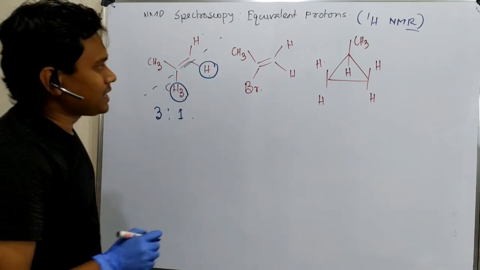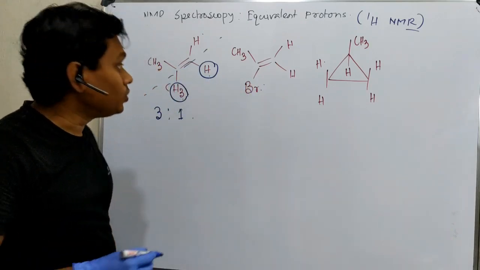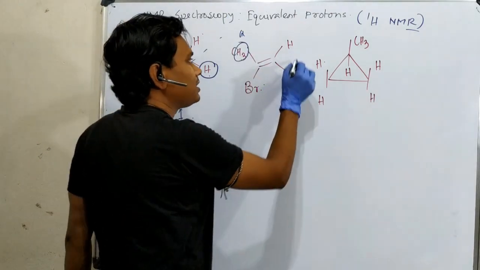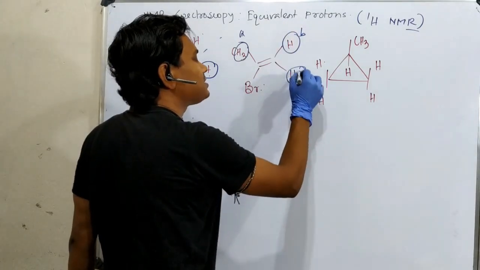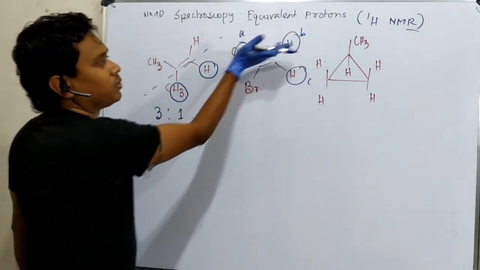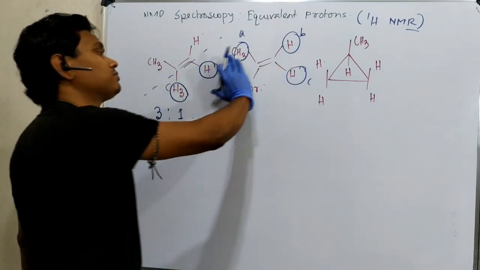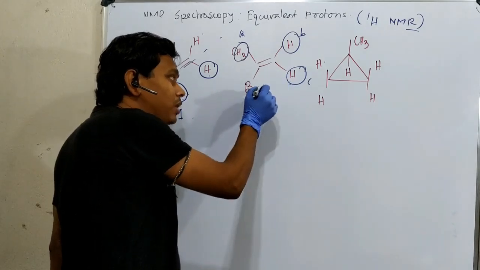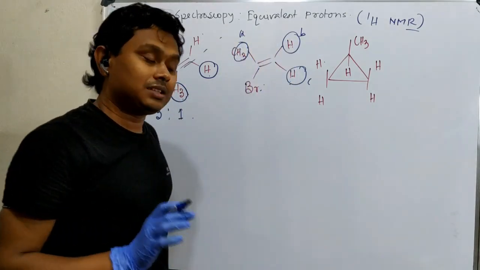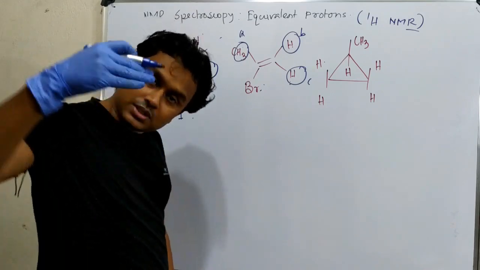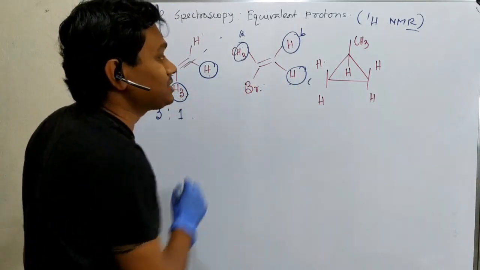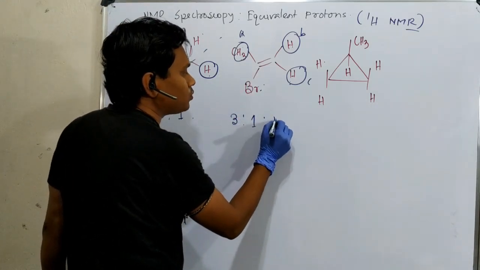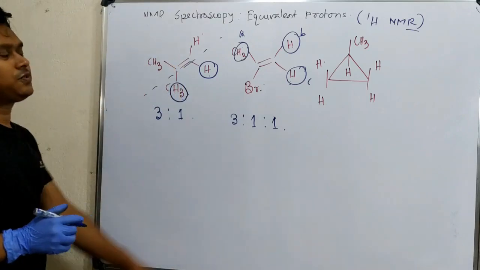Fine. But if I say about this, is it? No. What type number 1? Let's consider A. This is type B. This is type C. Because see, this is not the same. Both sides, you will not find symmetry. You can consider plane of symmetry. No, that's not the case. So in this case, this side hydrogen, bromine. And another thing, there are some coupling factors which I will come to subsequently, but they are not the same. In this case, what is the ratio of the protons? 3:1:1.